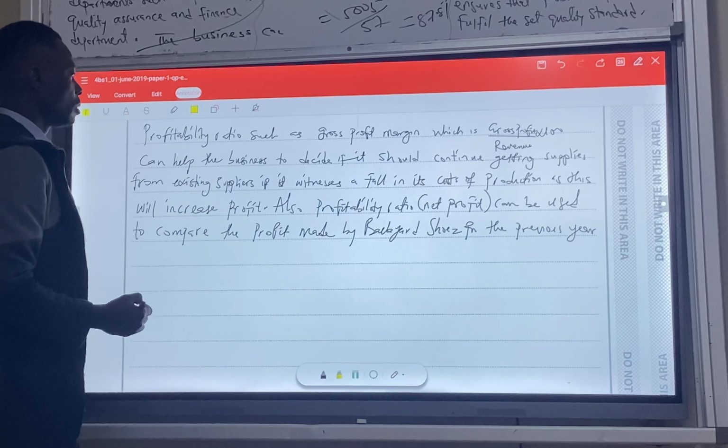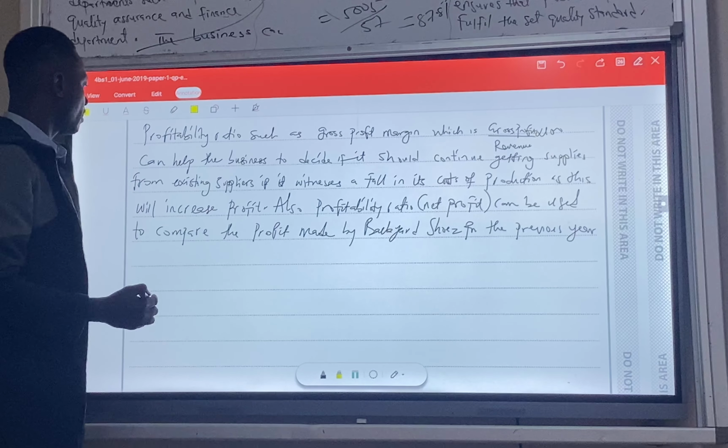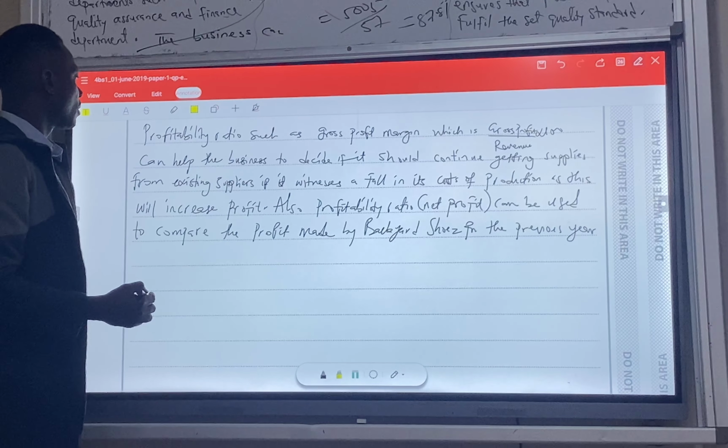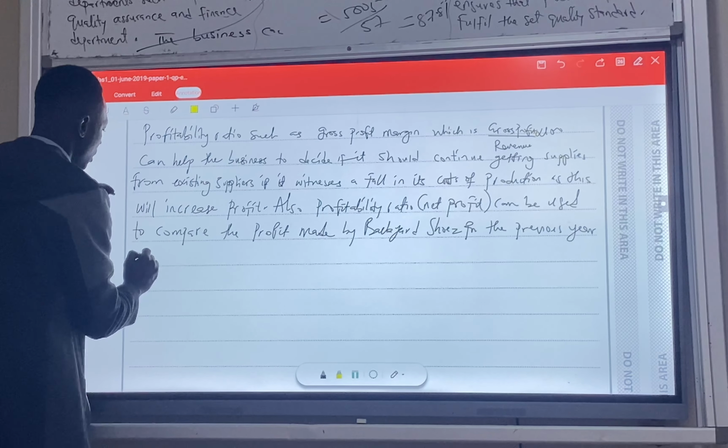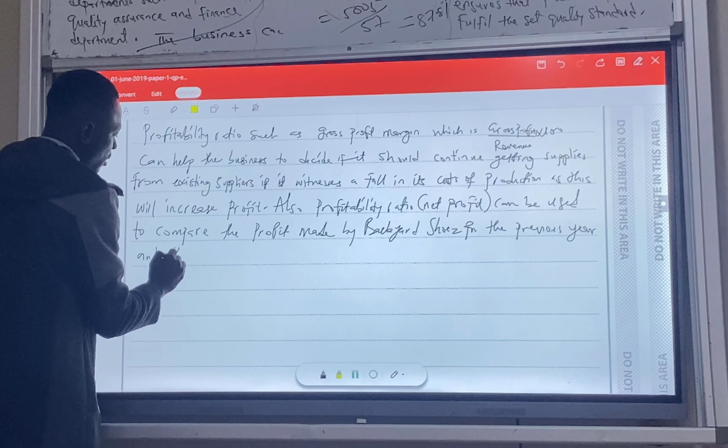Backyard Shoes. Yes, the third line. From existing suppliers, if it what? Witnesses a fall in its cost of production. Can help the business to decide if it should continue getting supplies from existing suppliers,